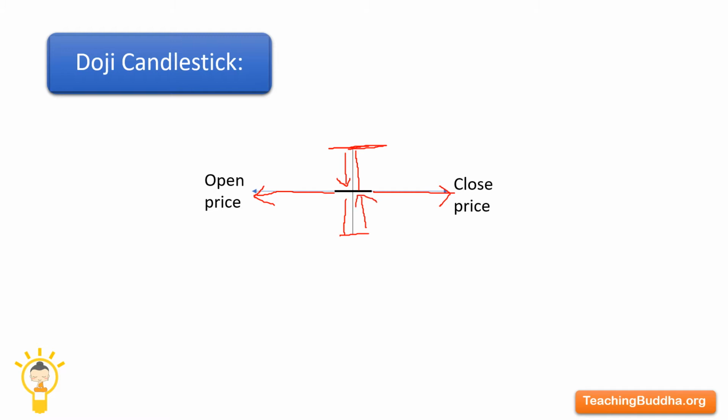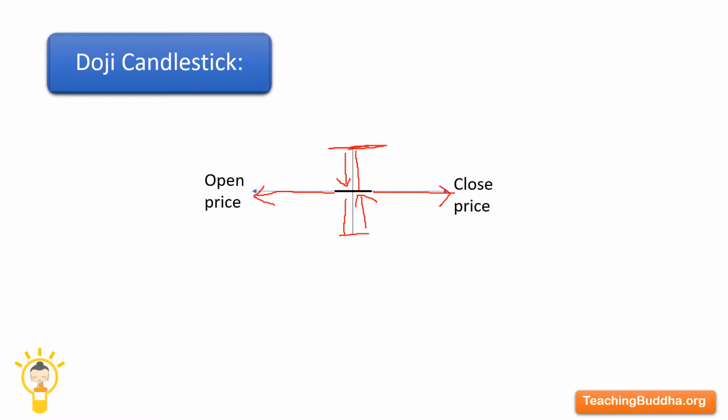What does this show? This shows there is a tug of war between buyers and sellers. After this war, at the end of this formation, you can see a doji candlestick. That means the war has been tied, which is why this doji candlestick can also be called an indecisive candle. Therefore, buyers and sellers are unable to take a decision at this point of time.